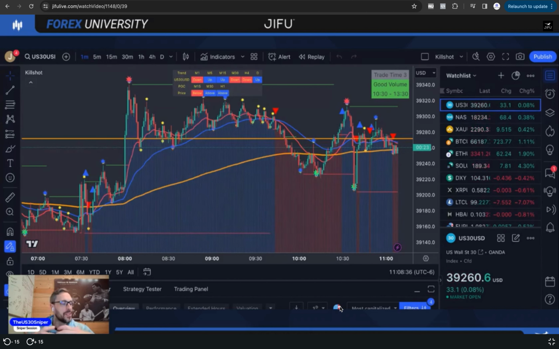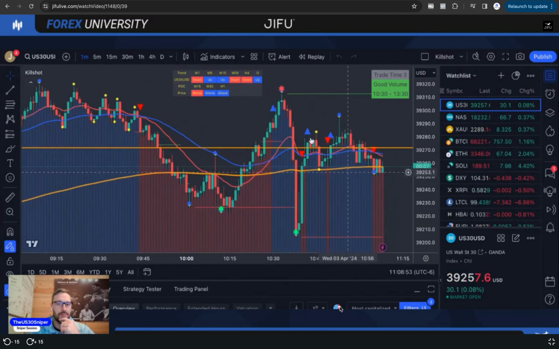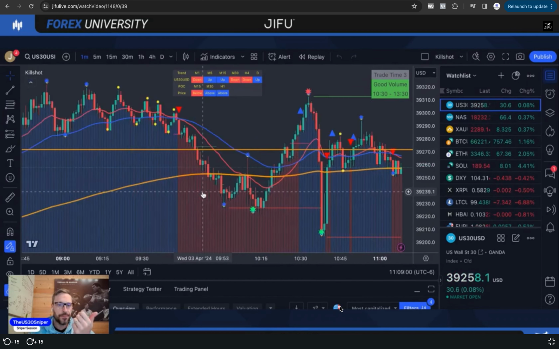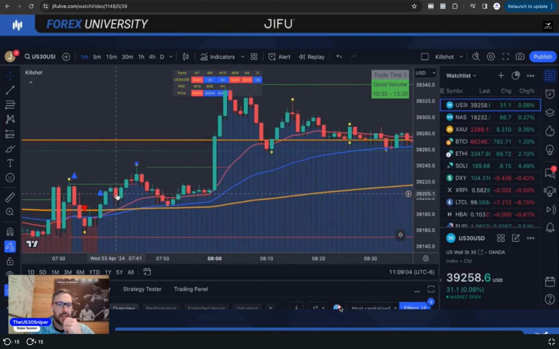And we can talk a little bit about why we avoid news. Because look at this mess, right? News came out, up and down, trying to figure out what it wants to do. Not a good last hour or so, or half hour or so, in this market. But what we're going to do is just go find a good signal here. Let's go take this guy.